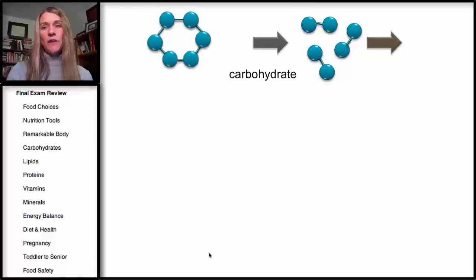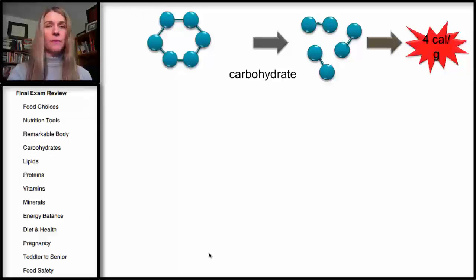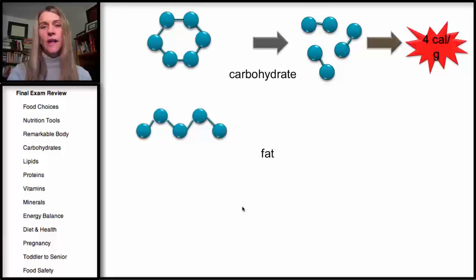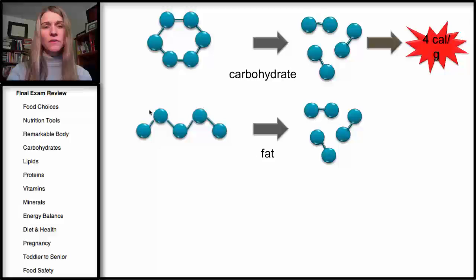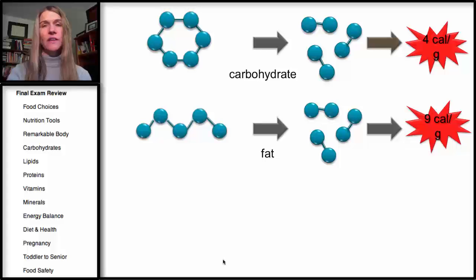So our carbohydrate gives us 4 calories per gram. We know that when this is the glucose, it can be broken down into these basically two carbon chains, and then you get your 4 calories per gram. Fat also, again, we have this longer structure here, broken down into these 2 carbon fragments and given 9 calories